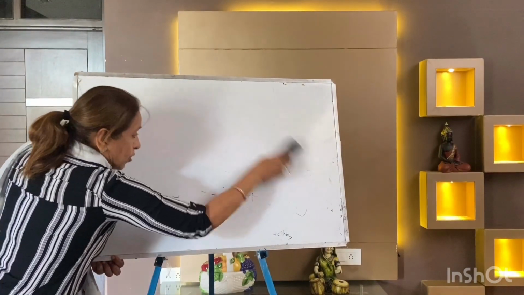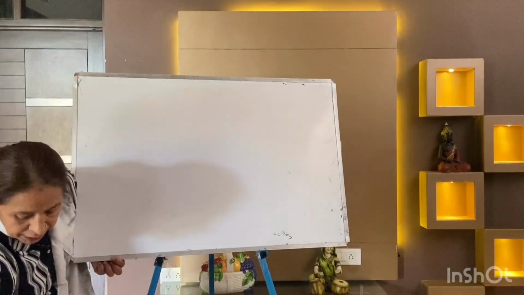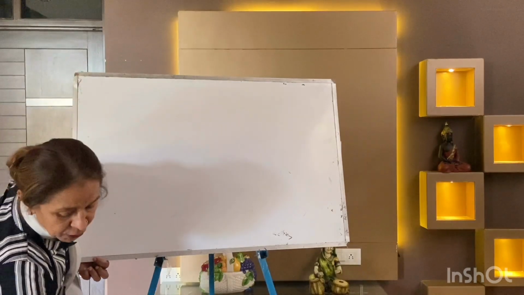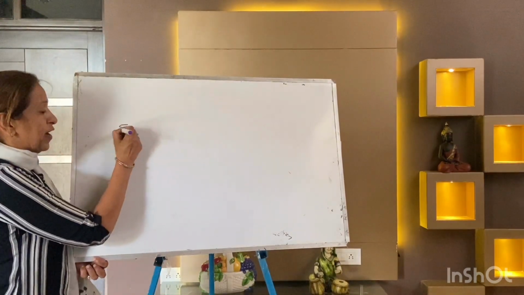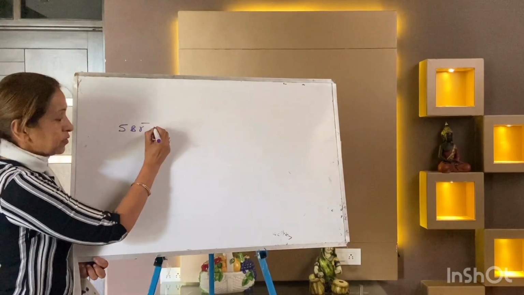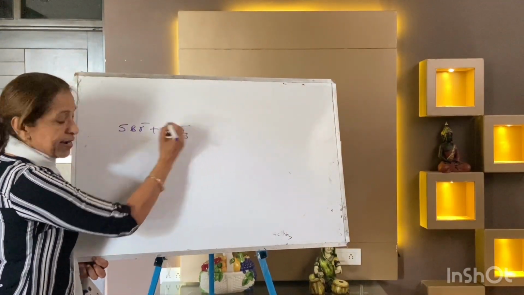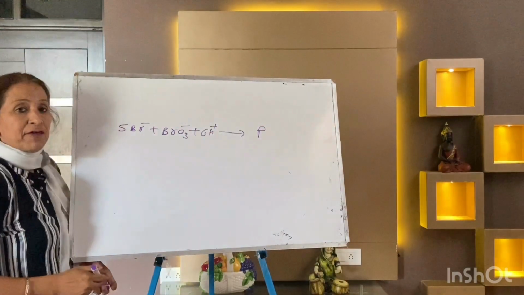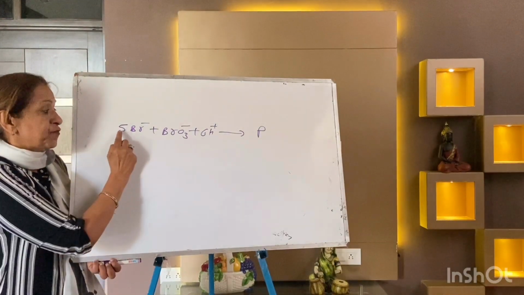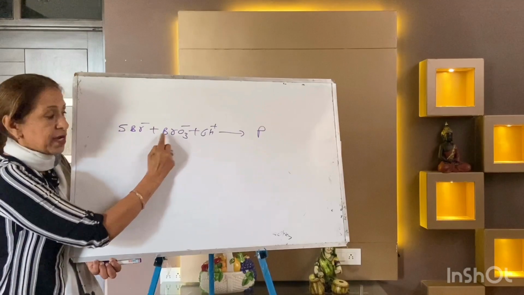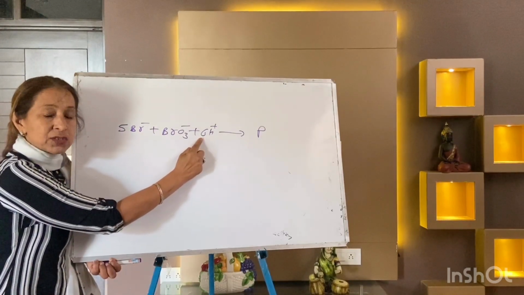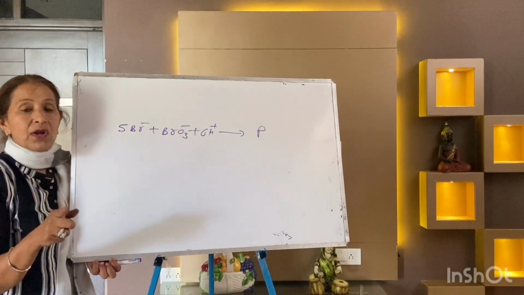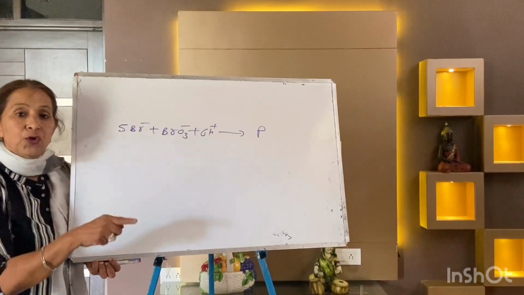So this is all about complex reactions. I'm taking more reactions, write down. One reaction is given, 5Br minus plus, this is your NCERT equation, BrO3 minus plus 6H plus arrow product. If anybody asks you what is the molecularity, molecularity is 5, 1, 6, and 6, 12. If you say molecularity is 12, it is wrong. Why? Because it is a complex reaction. Molecularity of the complex reaction has no meaning.